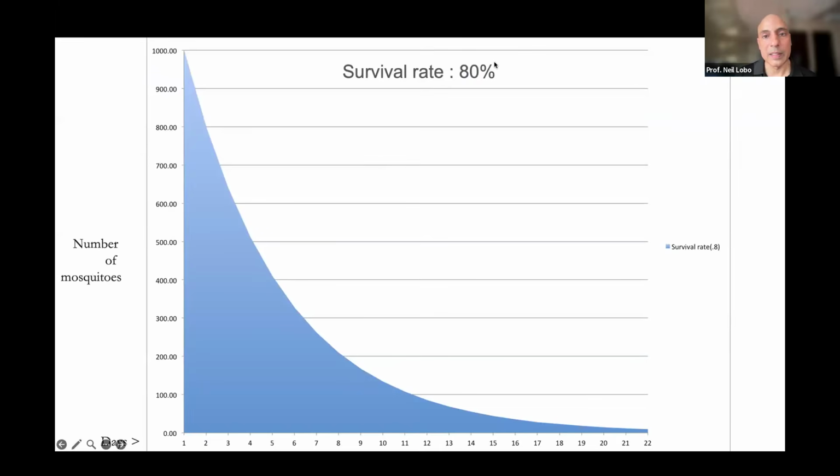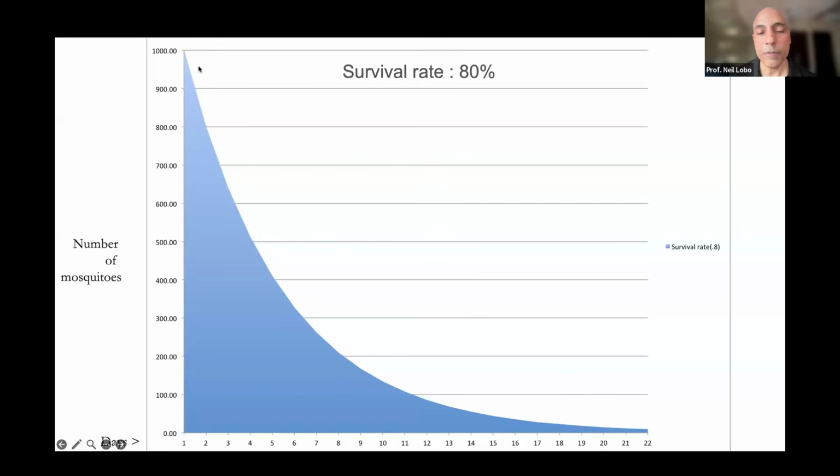So now let's look at this. If you look at the survival rate as being 80%, on the y-axis is the number of mosquitoes. Let's say we have 1,000 mosquitoes. And on the x-axis, it's day 1, 2, 3, 4, all the way until day 22. If we start off with 1,000 mosquitoes on day 1, on day 2, we'll have only 80% of those. That's about 800 mosquitoes. On day 3, we'd have 80% of those. And so every day...